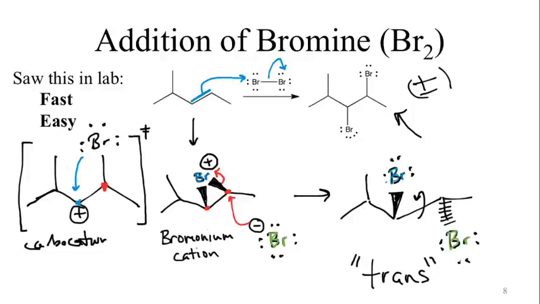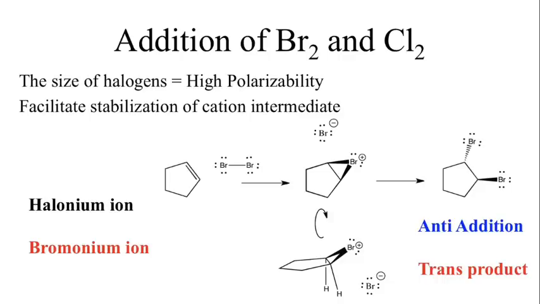So we've looked at a generic mechanism here, so let's go ahead and move to the next slide, which shows this a little bit better. At least I think it shows it a little bit better because I drew it out. This type of reaction works with both bromine and chlorine. And it's really driven by the fact that we're dealing with these halogens that are really, really large. Which means their electron clouds are kind of massive, which is why when that bromine comes in, so if I attempted to show the double bond,